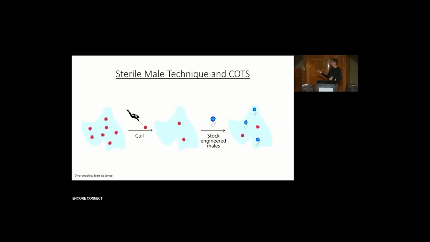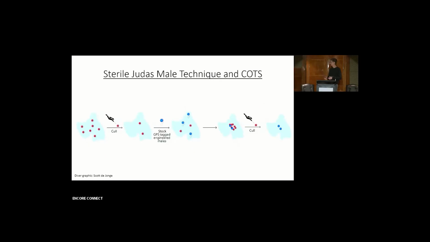And there might be possibilities to either have them released and sort of roam free, or alternatively, it might be more appropriate to have them caged, depending on how the different aggregations might work. Now, there's other ways to potentially combine this technology with other types of technologies that are out there. So in this example here, I'm imagining applying the lessons learned from the Judas goat approach, which was